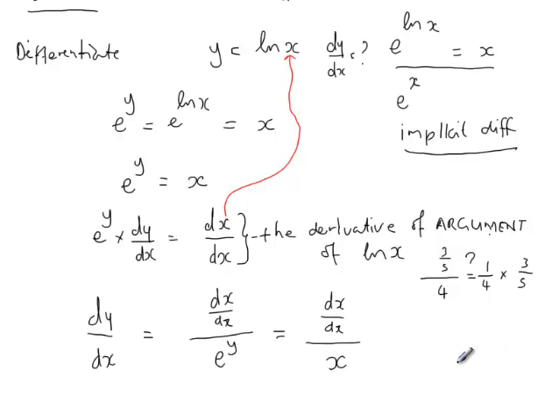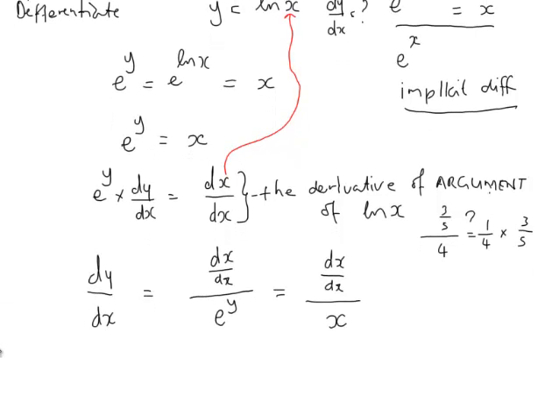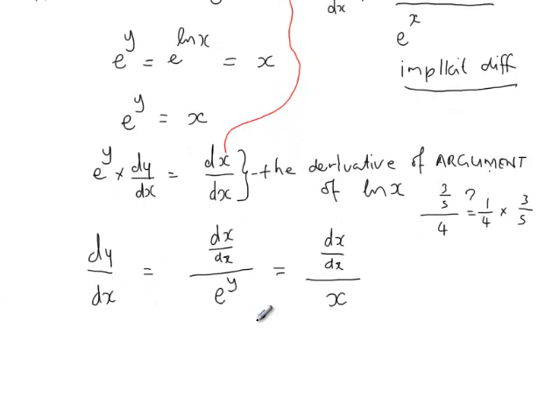Are you sure? Yes or no? Is this 3 over 5 all over 4 the same thing as 1 over 4 times 3 over 5? Do you agree? Okay. Then if you agree, you should agree with me when I write this line as